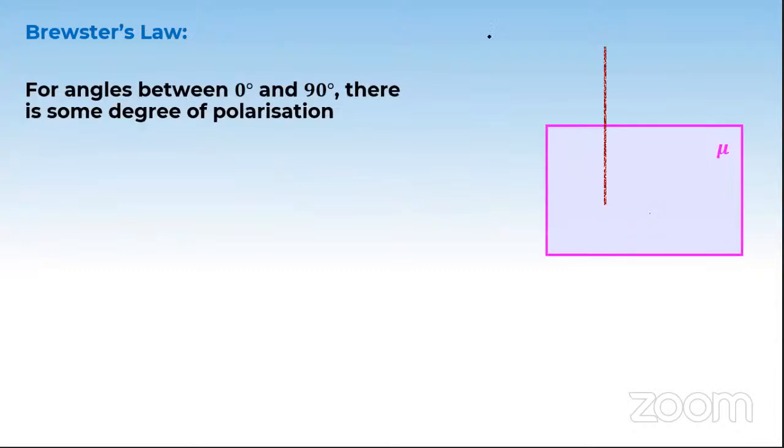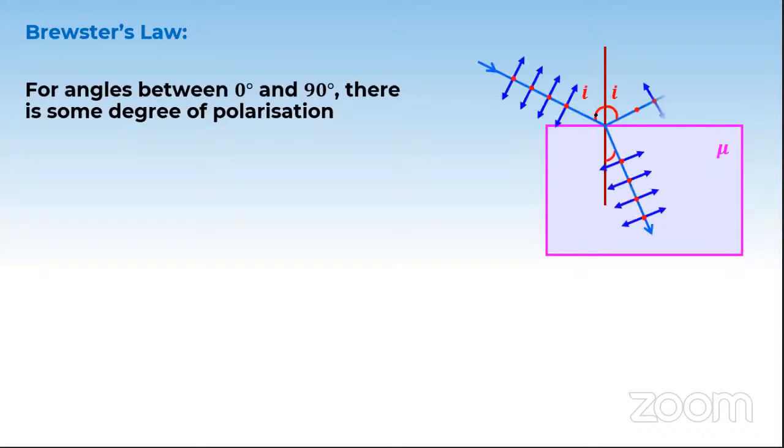So I'm going to show that here. Pay attention. It's a very simple formula, a simple law to remember. This is a regular situation. The angle of incidence will be equal to the angle of reflection, and this is the angle of refraction. For all other angles, notice here, it is getting partially polarized. A little polarized, not completely, it's partially polarized.